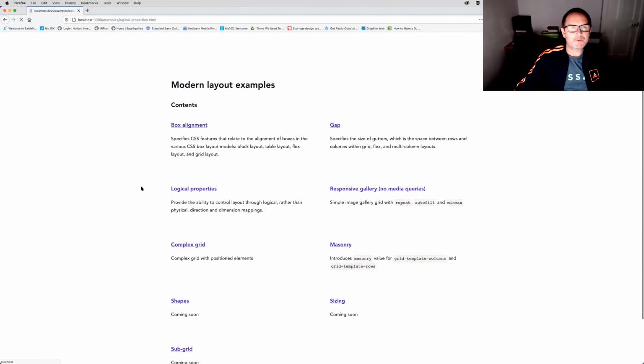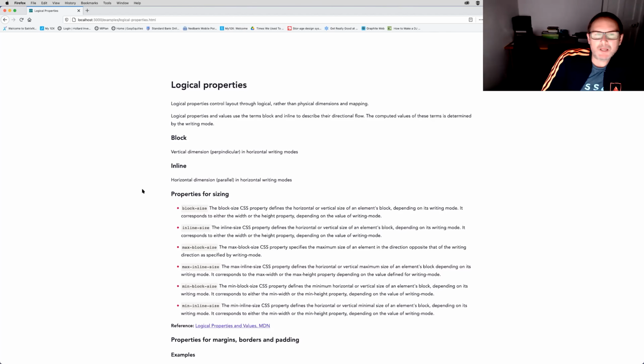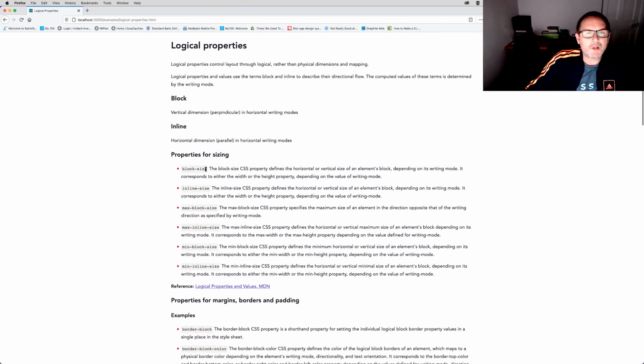Okay, so that's gap. All right, logical properties. So logical properties I mentioned before, and these replace our standard physical dimension properties. So instead of margin, padding, border, positioning, all these kinds of things, we are replacing those with logical properties. And we have block for vertical and inline for horizontal. Now there are a lot of these, so I haven't documented them all here. But here, for example, block size would correspond to either width or height, depending on the